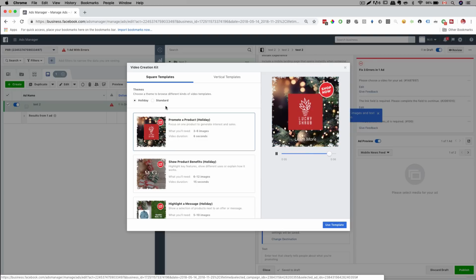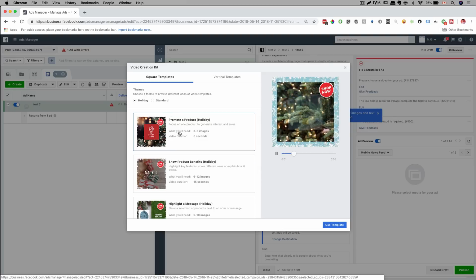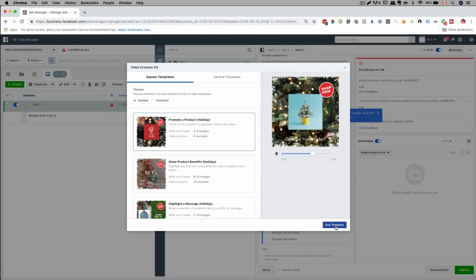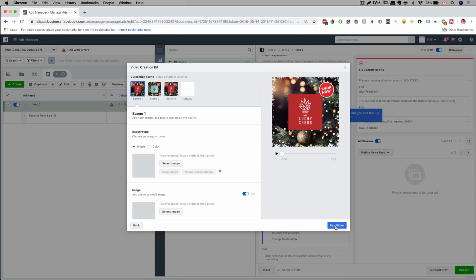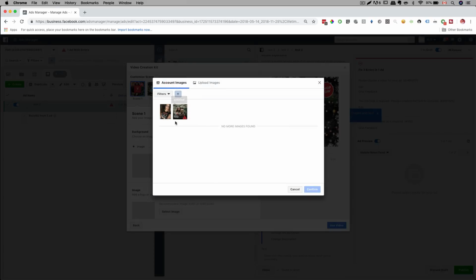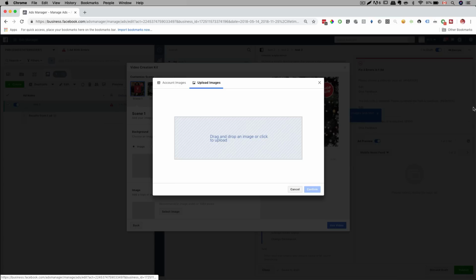Now, the one that I normally use, I just select the first one and I will just click on use template over here, and then I can start uploading my images. So let me go ahead and do that. So let's go ahead and go to background and select our image. This will be our image for our product, and I have already downloaded the image on my computer. So let's go ahead and upload image,